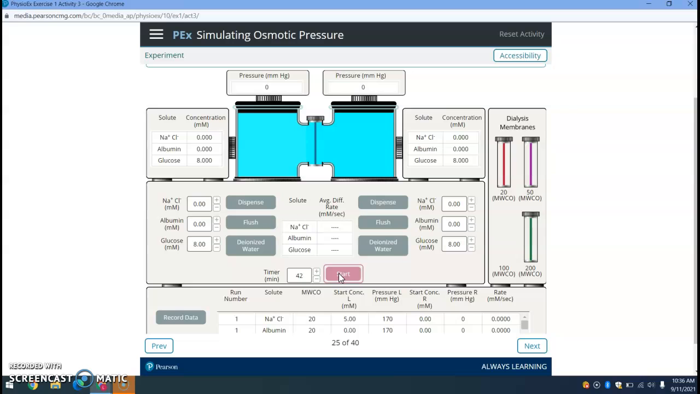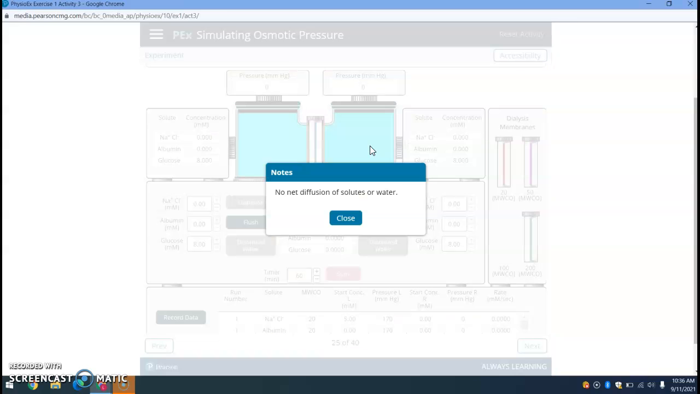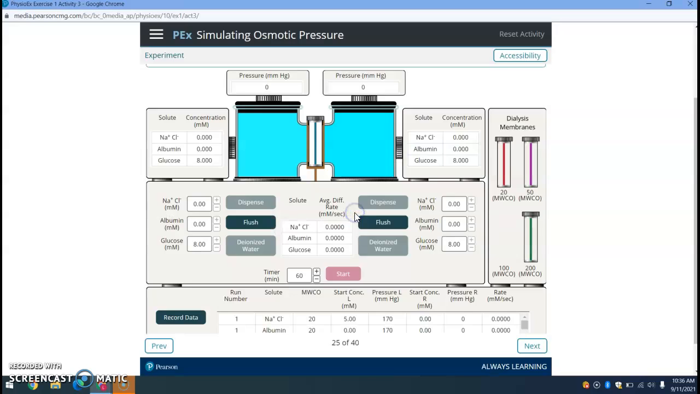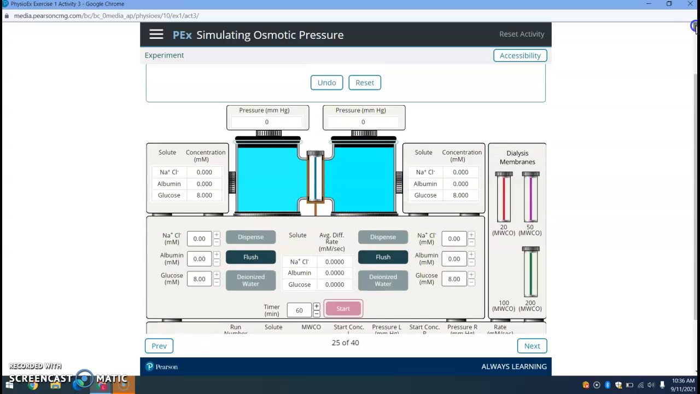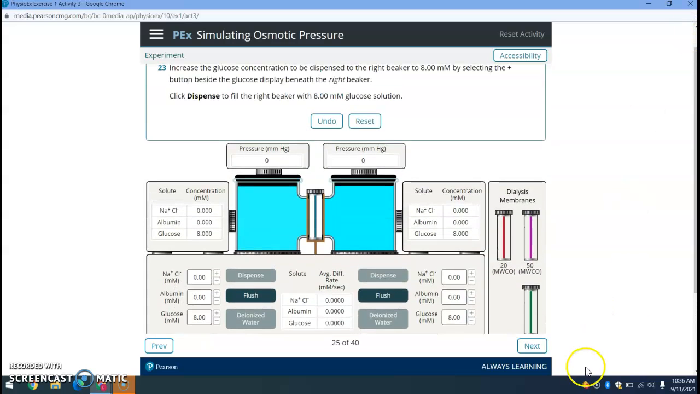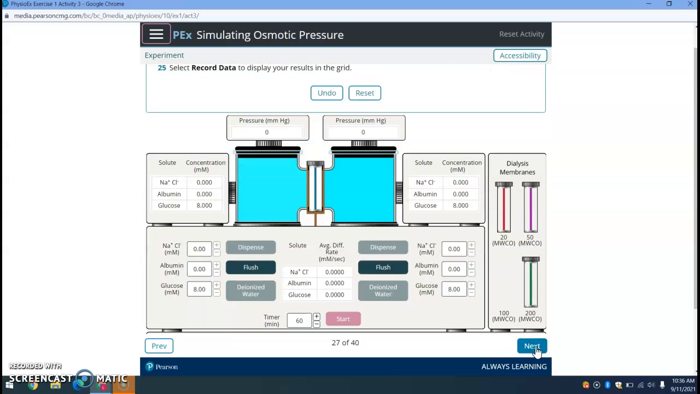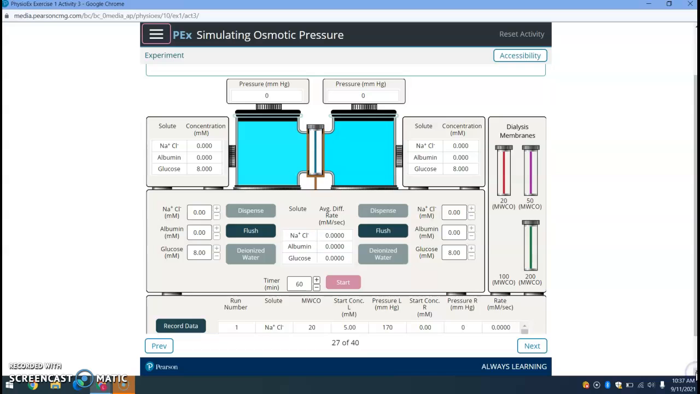Okay, so what we expected to happen happened. I mean, they were already equal, so you're not going to have any net movement of water from one side to the other. All right, now let me follow the directions. I know I need to record data. Then next,